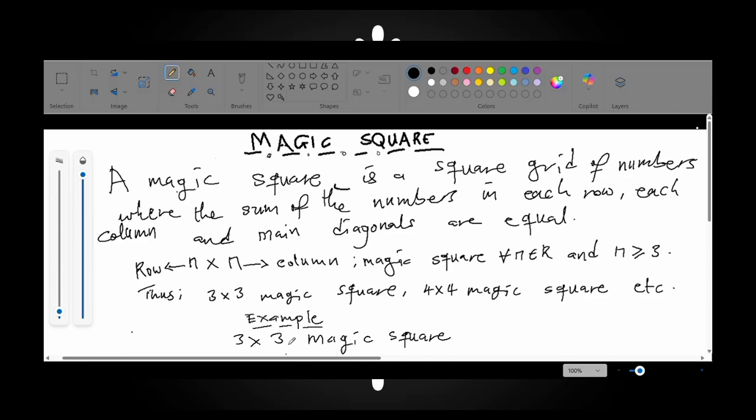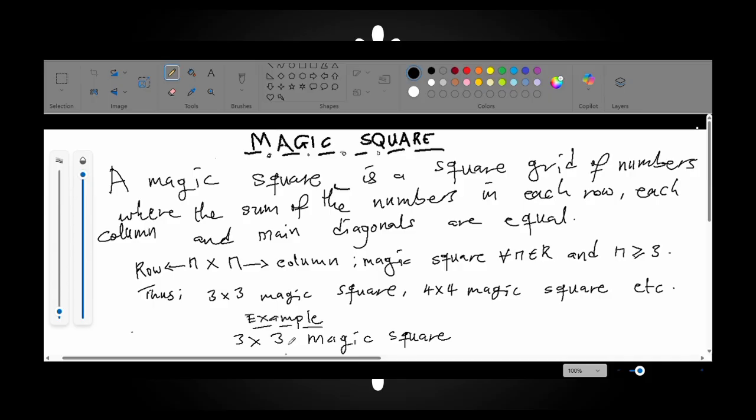Magic square. A magic square is a square grid of numbers where the sum of the numbers in each row, each column, and main diagonals are equal. What it means is that you're going to have a square array, and since it is a square array, it is going to have the same number of rows as columns, right? And the number of rows as well as the columns belongs to the real numbers,